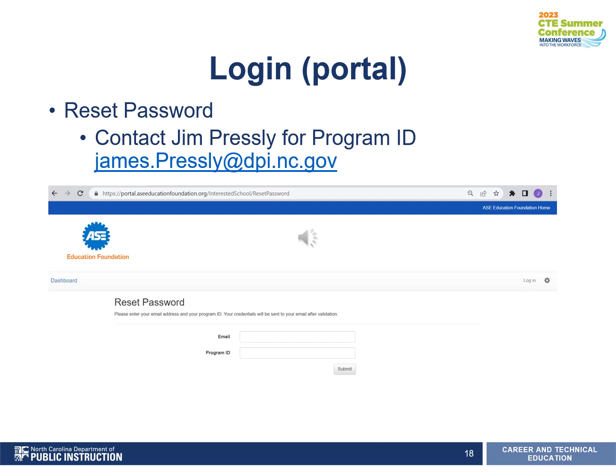So when we click on send me my login credentials, we're basically resetting our password. For that, we'll need our email and our program ID. Generally, program IDs are 6-digit numbers that each accredited program is assigned.